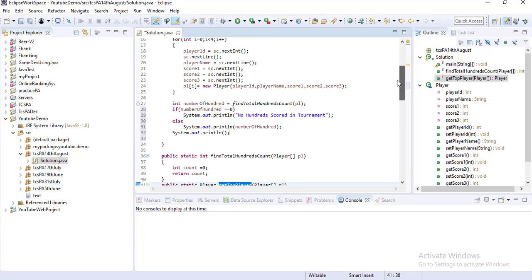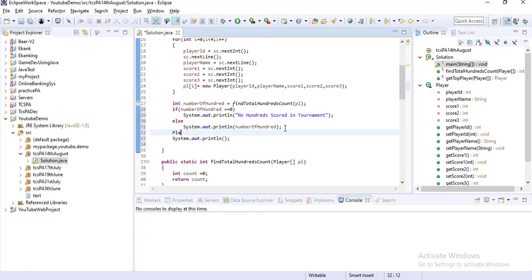It will return a player object. So first create Player p equal to this method, and call this method with that array.